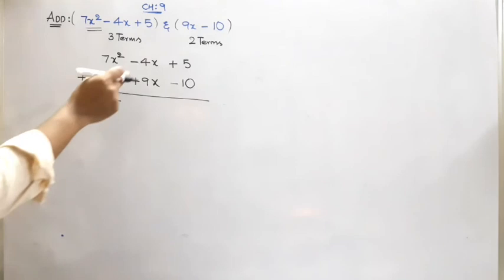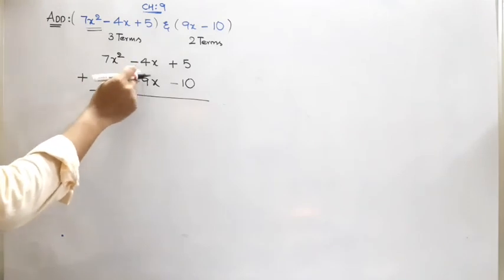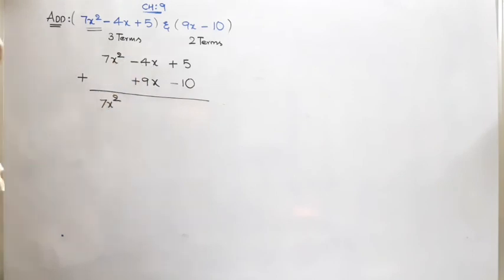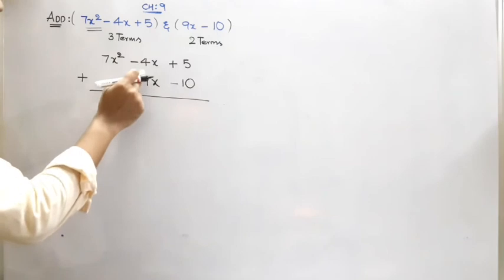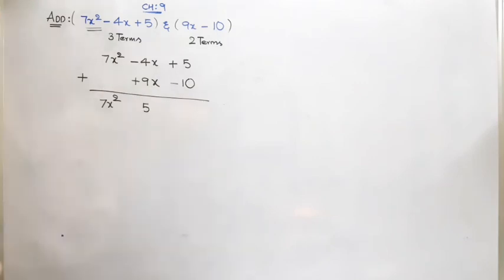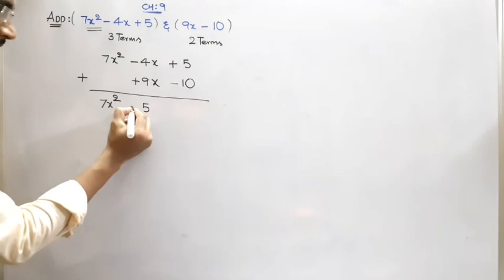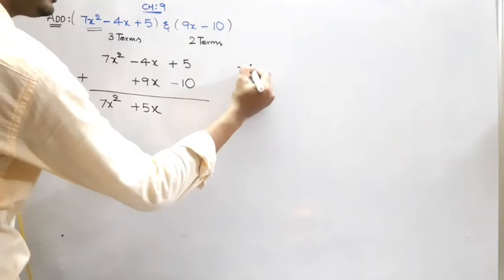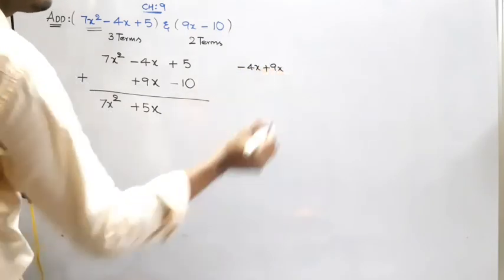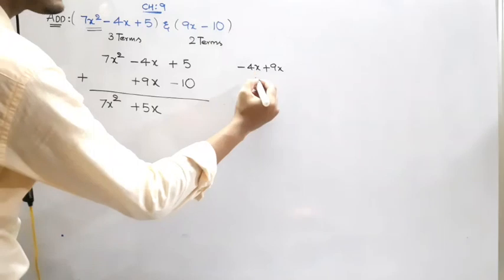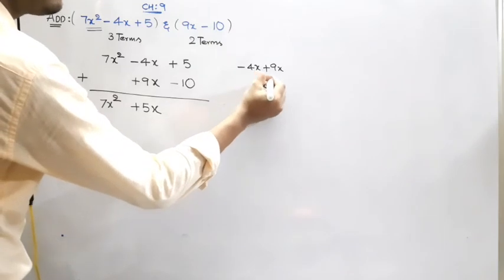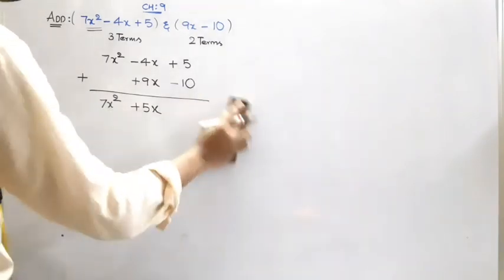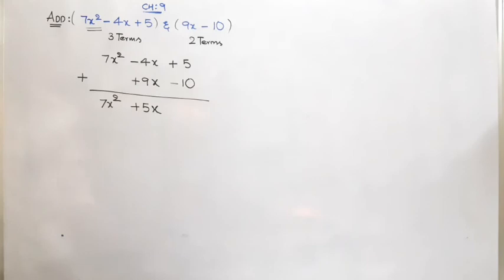Now look, children, minus 4x plus 9x, minus 4 plus 9. When the terms are of opposite sign, what will we do? We'll subtract, so that 9 minus 4 gives us 5, and the sign of the biggest value will be given. So plus 5x. Okay, look, minus 4x plus 9x. We already learned this. When they are of opposite sign, we'll subtract, so that we'll get 5x. And the biggest value here is 9, so plus 5x. Hope you understood this. And I'm very clear that you are quite habituated to that process.